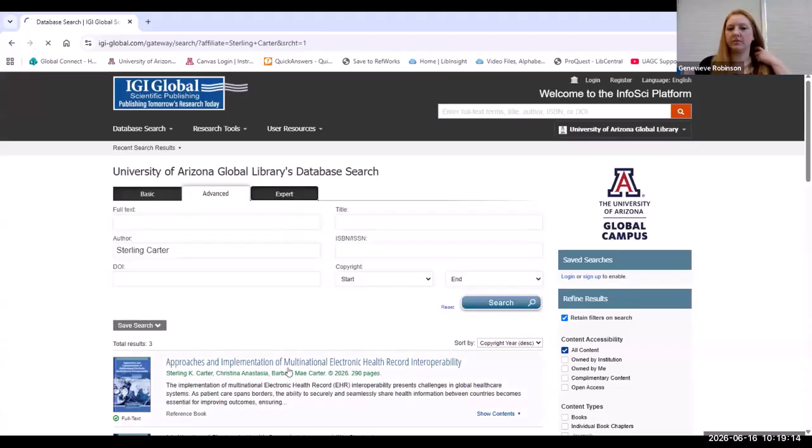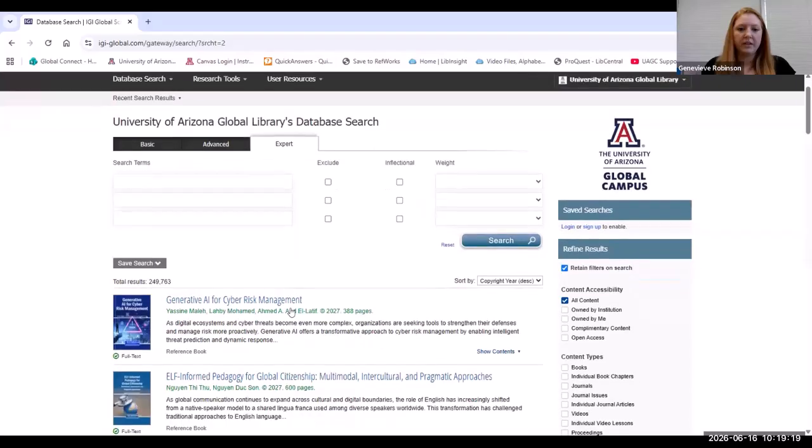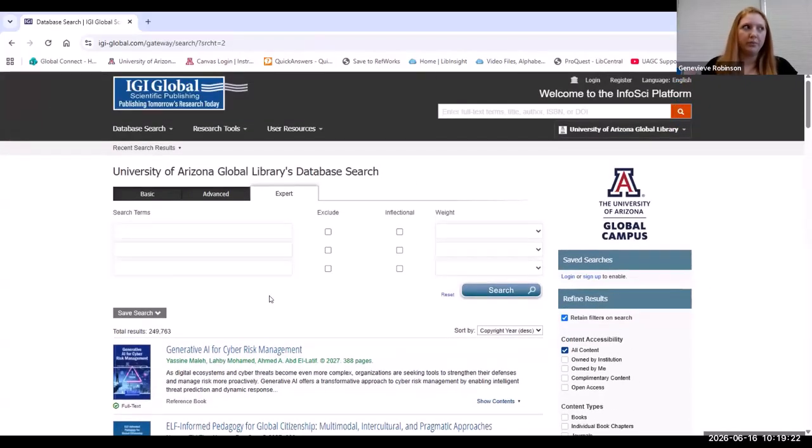Under expert, a second to load. This is going to be helpful if you're looking for something very interdisciplinary, but let's say you want to specify how much of one area you want to be influencing the other. So the example I gave earlier was environment and fashion industry. But let's say you want mostly environmental information and you want information about the fashion industry for that, as opposed to the other way around. It's a book focused on the environment that touches on fashion. So you would do